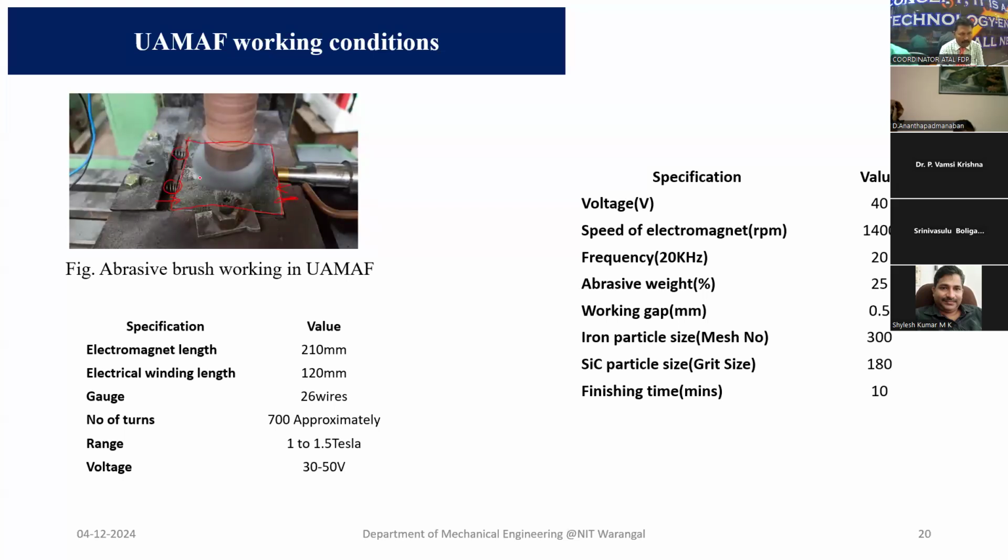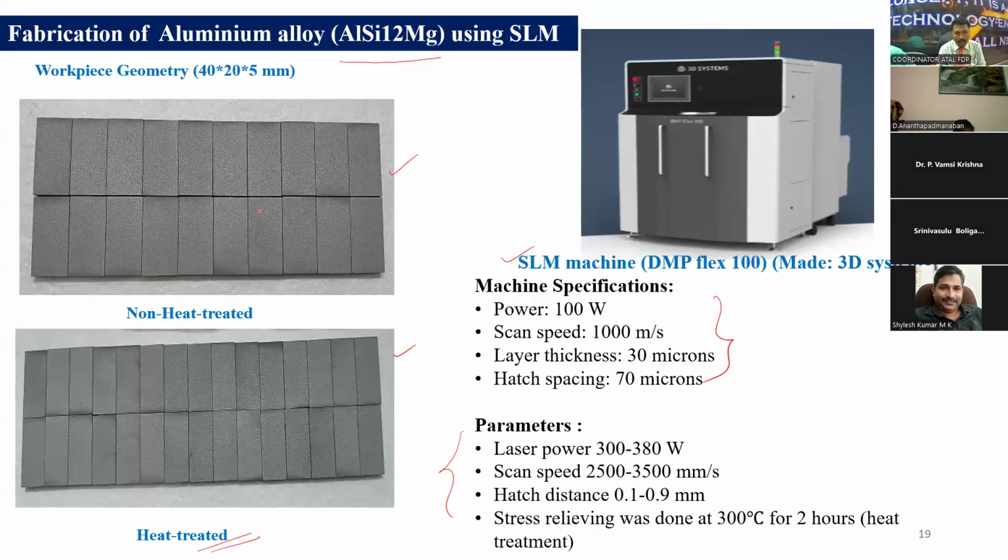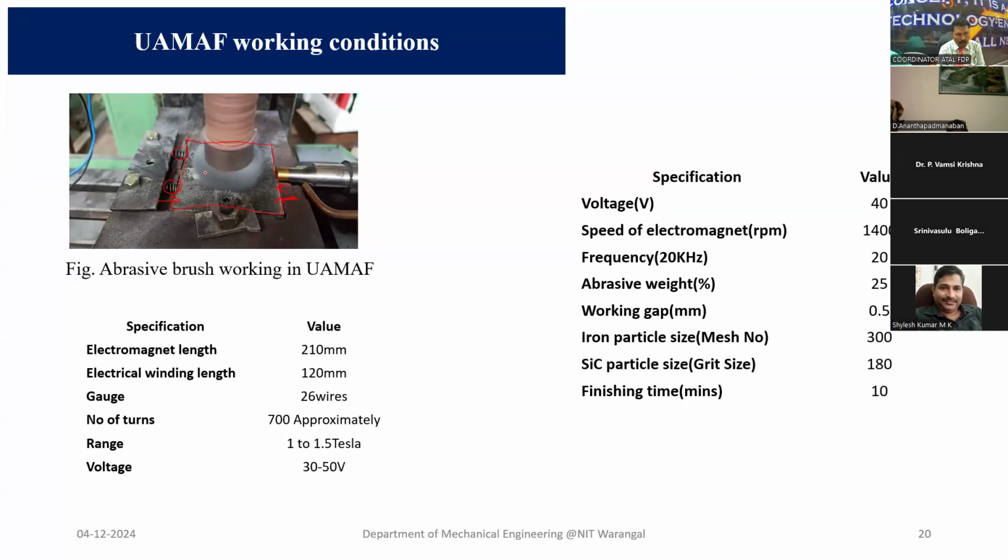The component is actually below this one. To reduce the cost, we printed very small samples. So the sample is below this brush. This is the brush formed by the MAF process, and the vibration is given by the ultrasonic assisted setup. By combining these two processes, we are achieving the UAMF process.